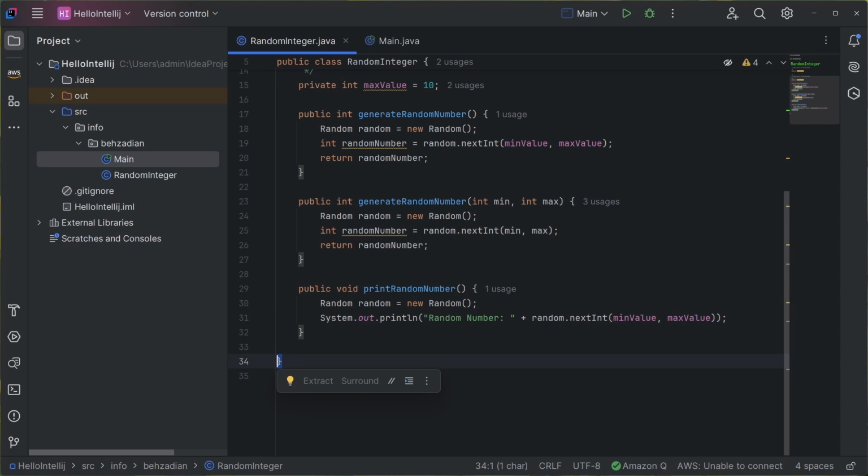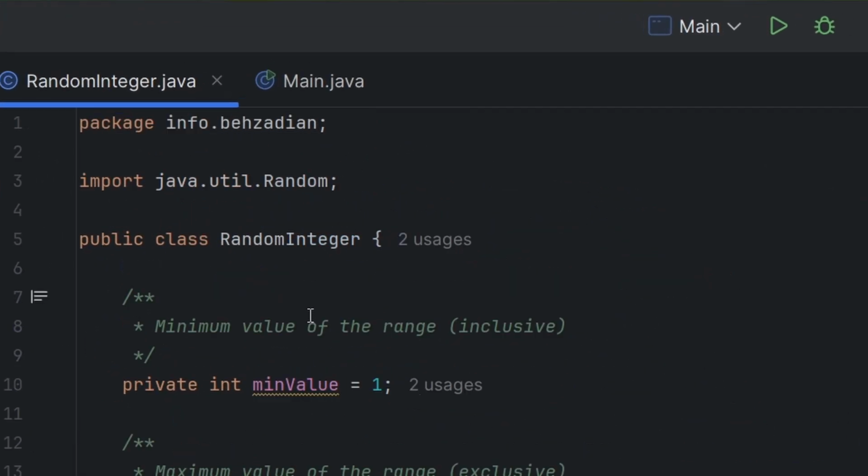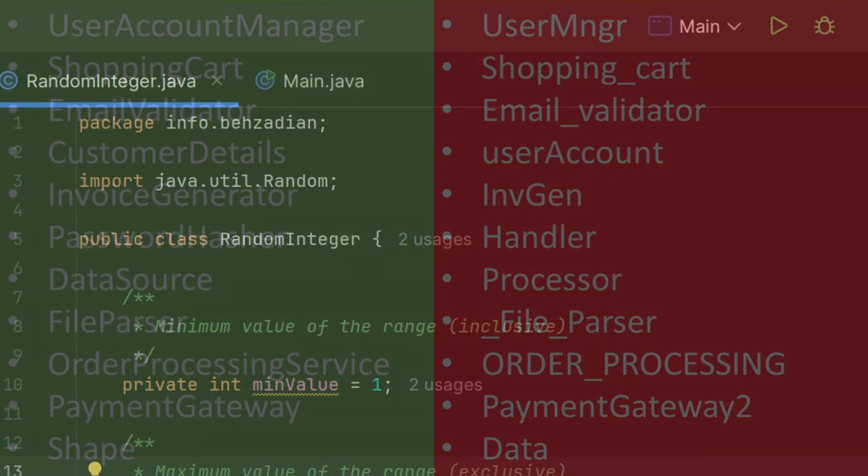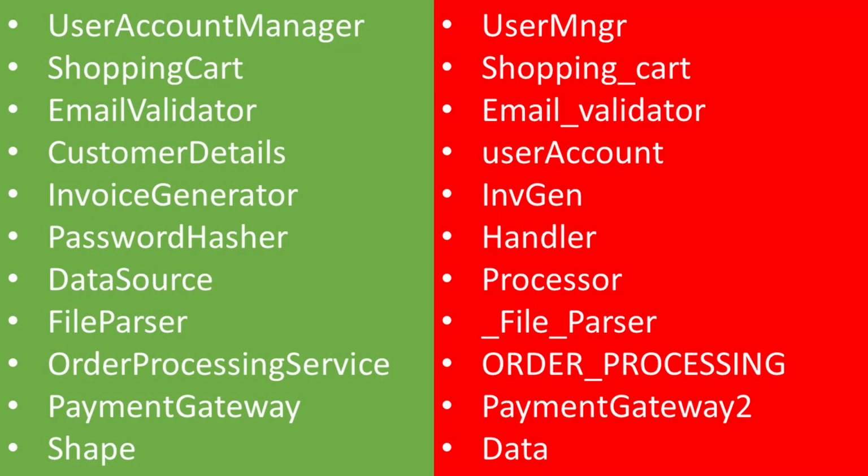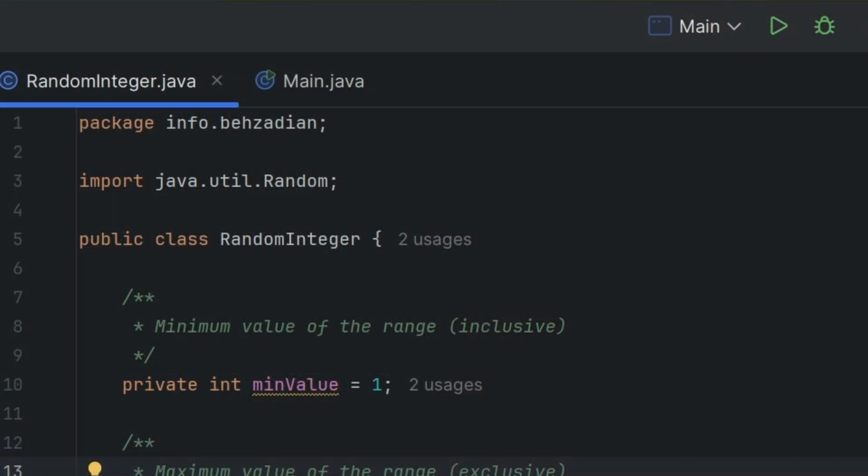Classes follow Pascal case naming conventions, meaning each word starts with a capital letter, like HelloWorld with H and W in capital, and here RandomInteger. Here are some examples of good class names and bad class names. Class source file must be created inside the folder structure that is matched with the package declaration and with the